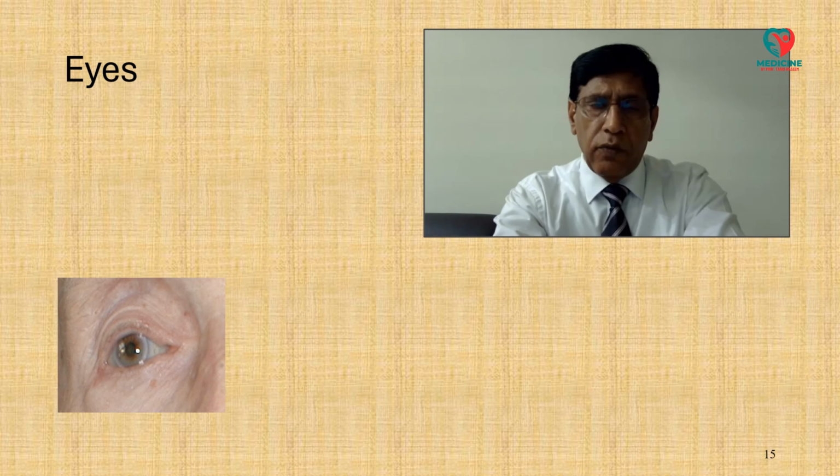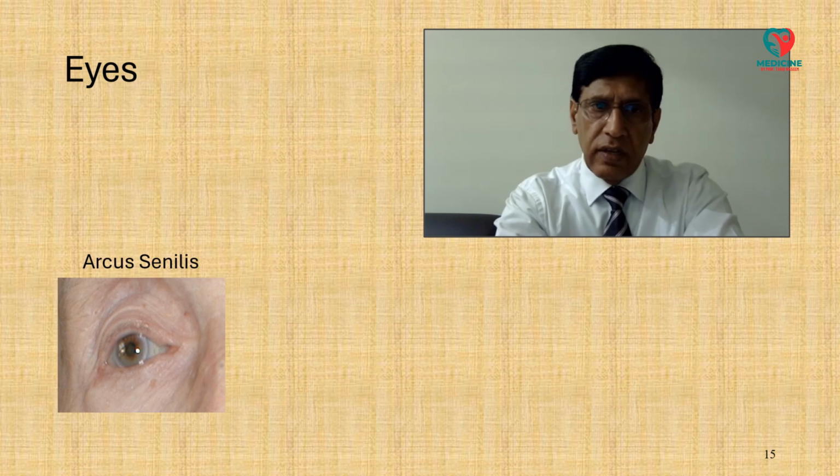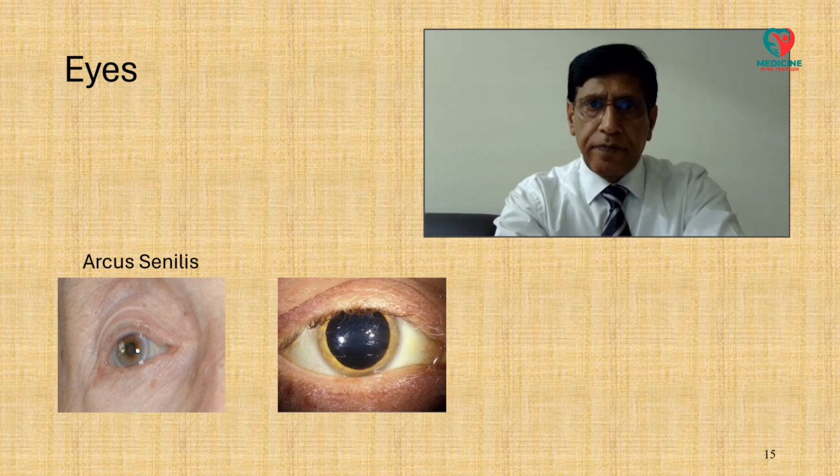Look at this eye. What you notice is that there is a grayish or whitish ring all around the cornea. This is arcus senilis. With aging, there is a deposition of certain substances. If it appears at a relatively younger age, less than 40 or 50 years of age, then we call it arcus juvenilis,